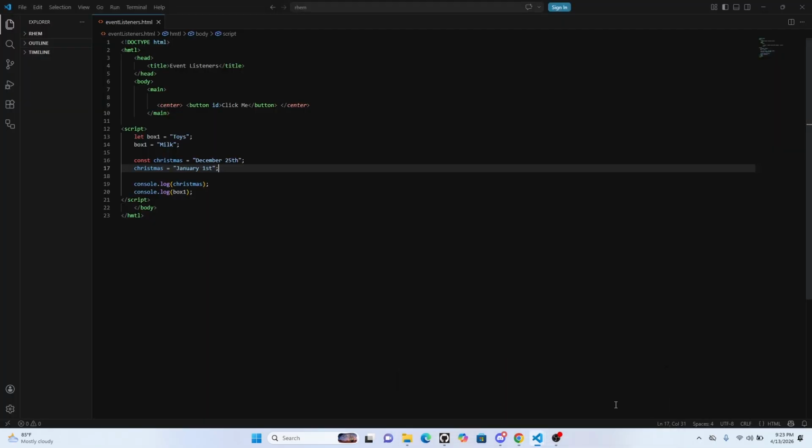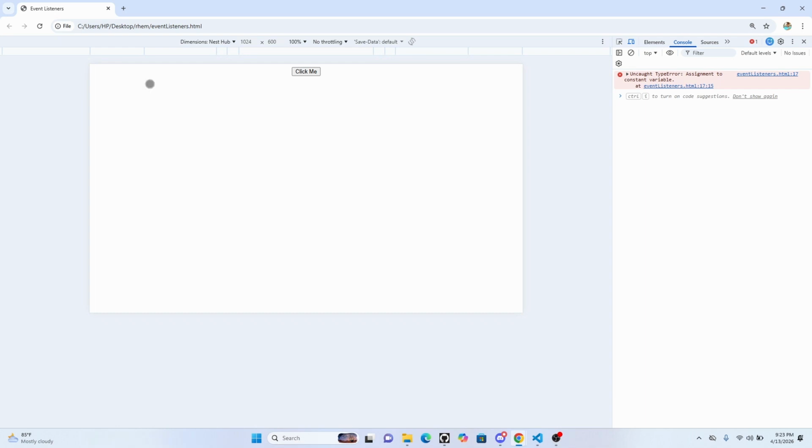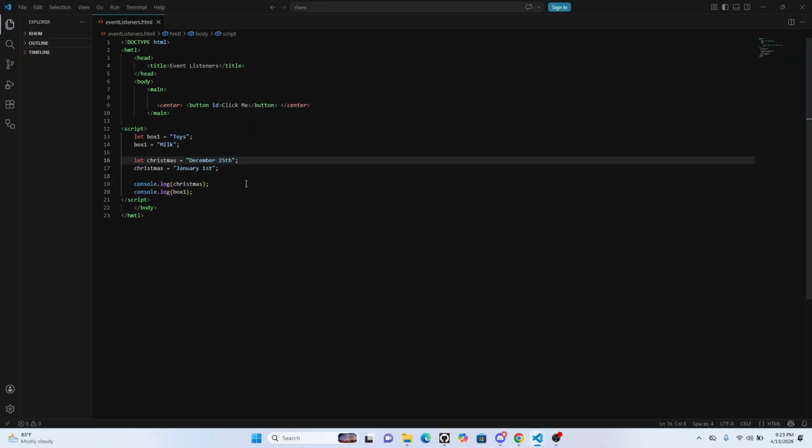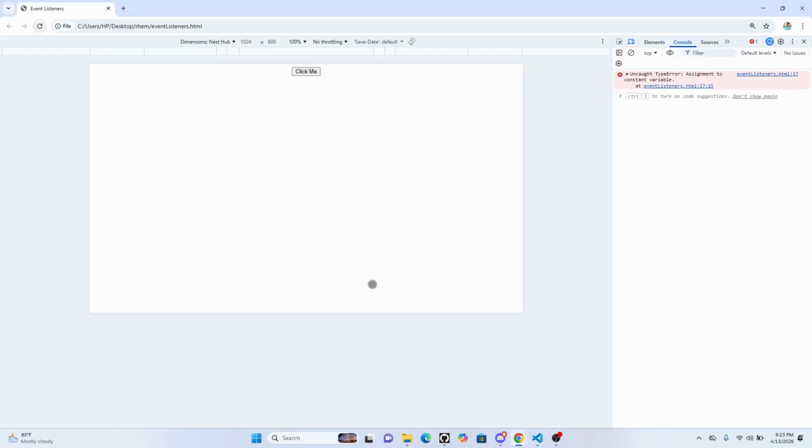Right? Why? Because we assigned it using const. So once it is constant, it cannot change. The value is not expected to change. If we had made this let, and come to refresh it, you see it would work. We've changed it, but now we are not changing it. Because it is a constant and you try to give it another value, it will always flag that